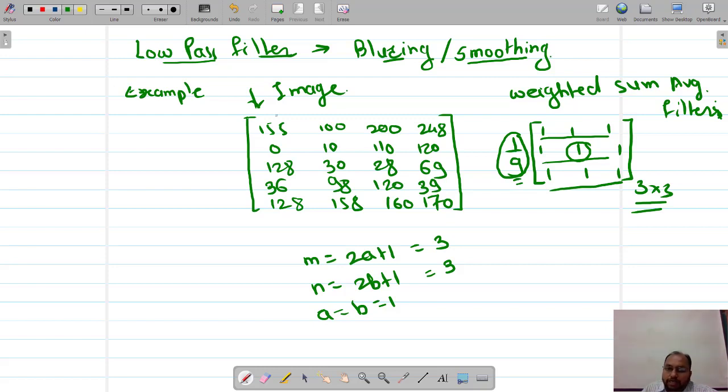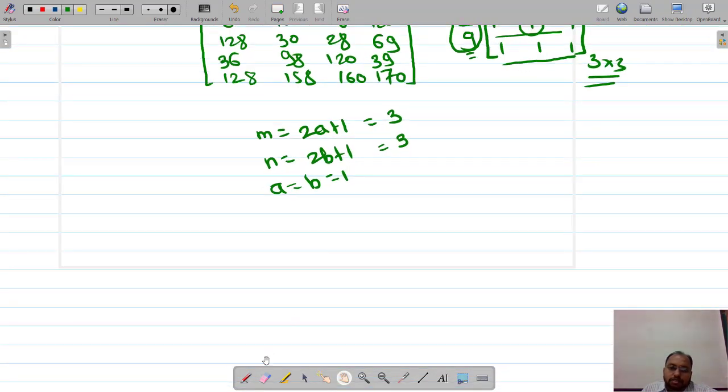In order to perform the filtering operation we need to go for the zero padding that we have seen in yesterday's class, right? So let us go for the zero padding. How many zeros do we need to pad? That condition was m minus 1 rows. m is 3, so 3 minus 1 is equal to 2 rows.